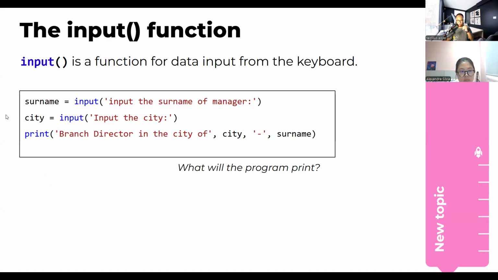Every function in Python is always going to be stored in a variable like this, except print. But here, if you can see why it has to use a variable, because input is always asking, but it's always going to be receiving answers, right? And how to store the answer is in the variable. That's why you have to keep it inside a variable like this. So variable equals input, and then you can mention the question that you want.